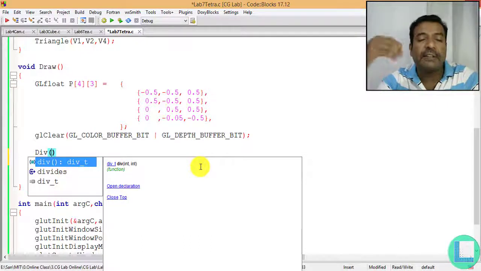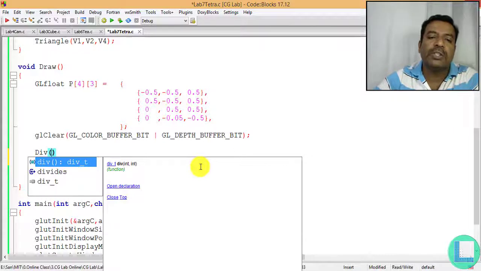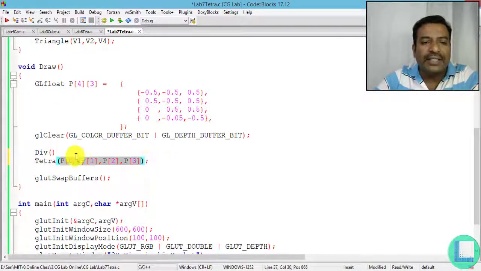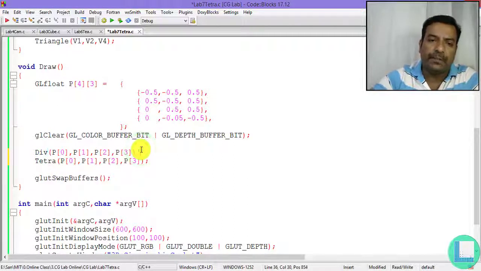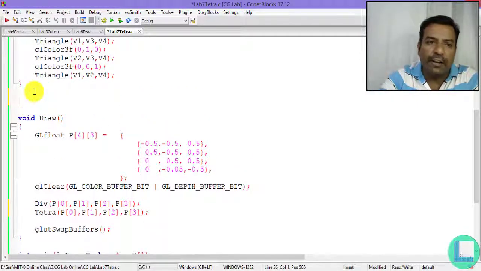That is when I want to divide the tetrahedron, I'm just going to have div. For this div function, whatever the 4 points I was passing here, the same 4 points I'm going to pass for the division function. I'll tell you why I'm using the division function. Fine. So now again, this is a user defined function,